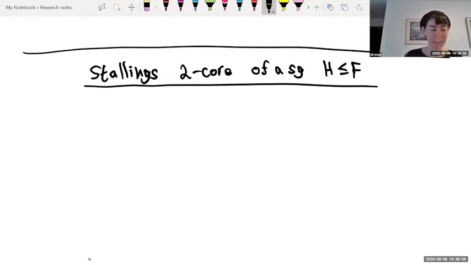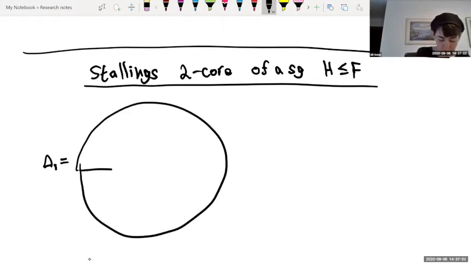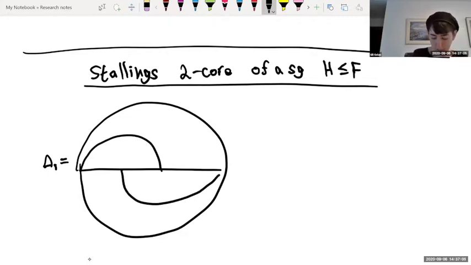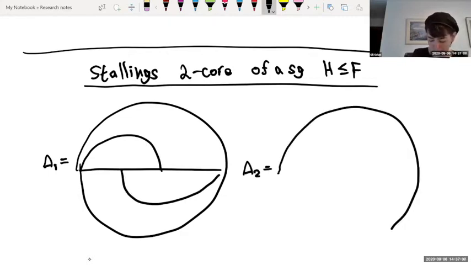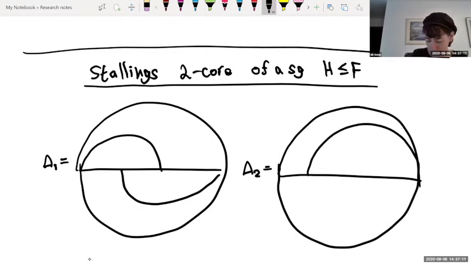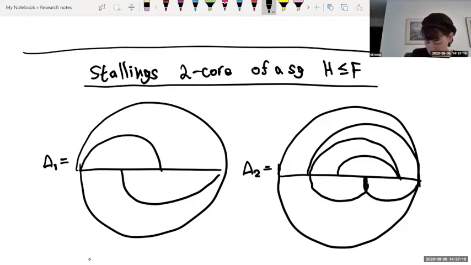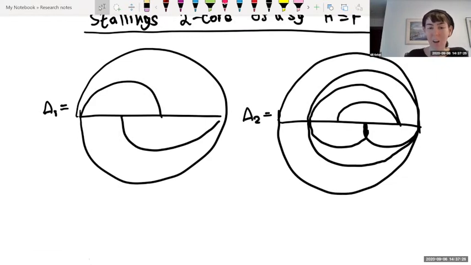To demonstrate, let's say that H is generated just by two diagrams. Let's take delta 1 to be the following diagram. This is just x0. And let's take delta 2 to be the following diagram. And what we want to do is have a two-dimensional analog of the Stallings core of a subgroup of a free group. What do I mean by that? In the case of free groups, we started when we had two elements. We started with a bouquet of two circles. So here we want to start with a